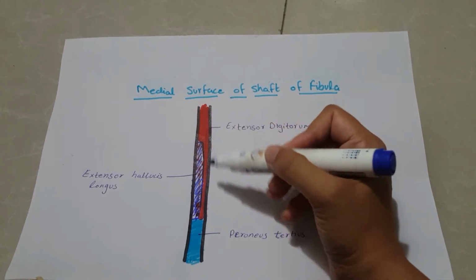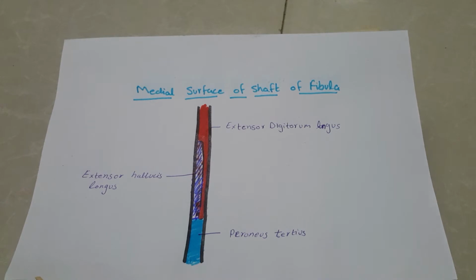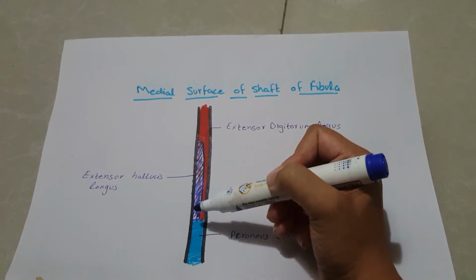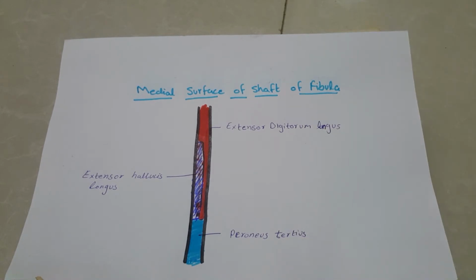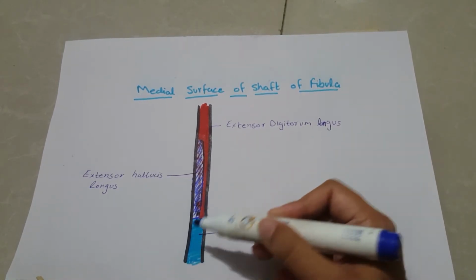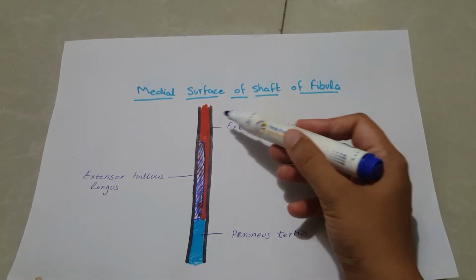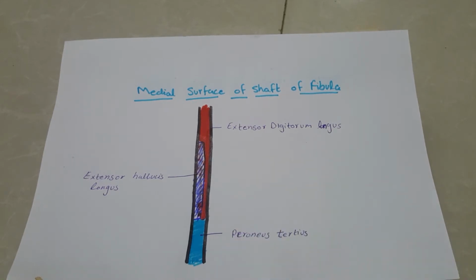Upper 1/4 and anterior half of middle 2/4 gives origin to extensor digitorum longus muscle. Posterior half of middle 2/4 of the medial surface of shaft of fibula gives origin to extensor hallucis longus muscle, and lower 1/4 of the medial surface of the shaft of fibula gives origin to peroneus tertius. So medial surface of the shaft of fibula gives origin to extensor digitorum longus, extensor hallucis longus, and peroneus tertius